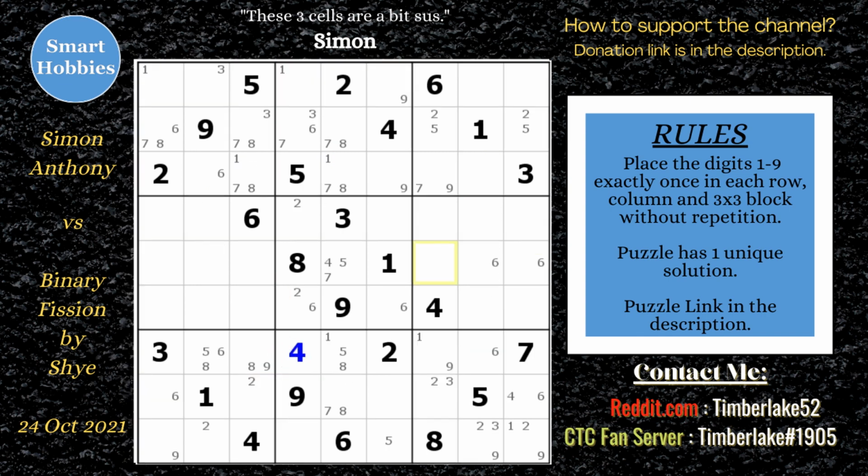So after Simon solves that 4, he's able to start solving a lot more cells in this puzzle and make some progress. So there's only one place left for a 4 in row 5, column 5. And then it unravels these 6s over here that were that naked pair. So you can solve for a 6 and a 4, which affects the 6s over in block 7. So you solve a 6 in row 8, column 1. He moves up and solves a 6 in row 3, column 2, and then in row 2, column 4,